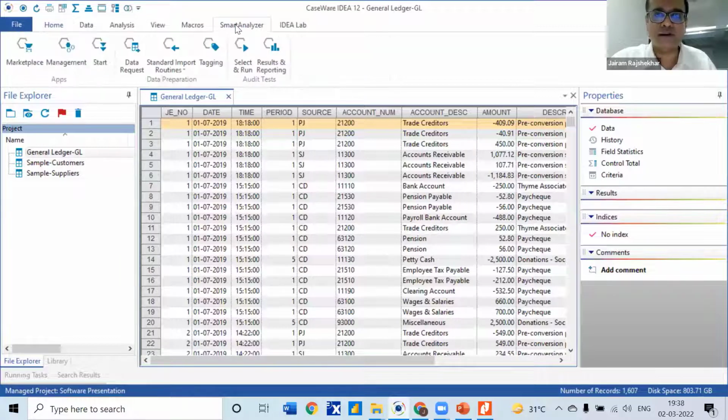So what you do is you go to Smart Analyzer. You first get the file in. You get in your general ledger, you get in your vendor payments ledger, you get in your customer ledger, you get in your inventory file, you get in your payroll file. Now you go to management